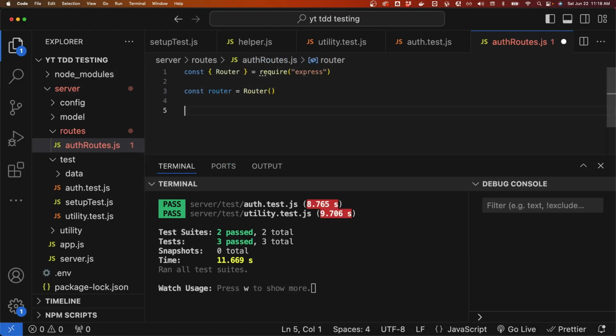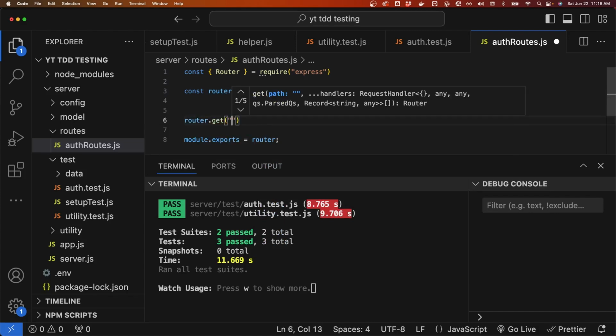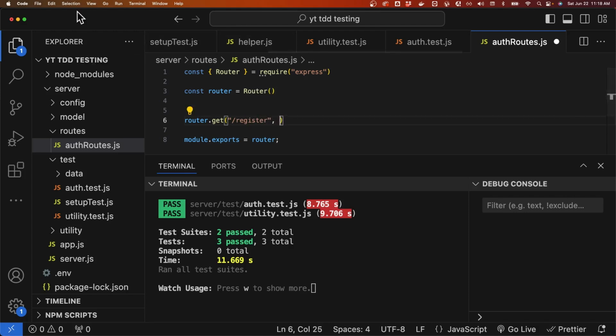Yeah, and then let's export. All right, so if we should hit the get endpoint of register,